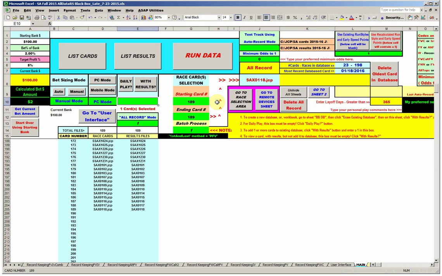I can put different weightings for each of those three, depending on which of those